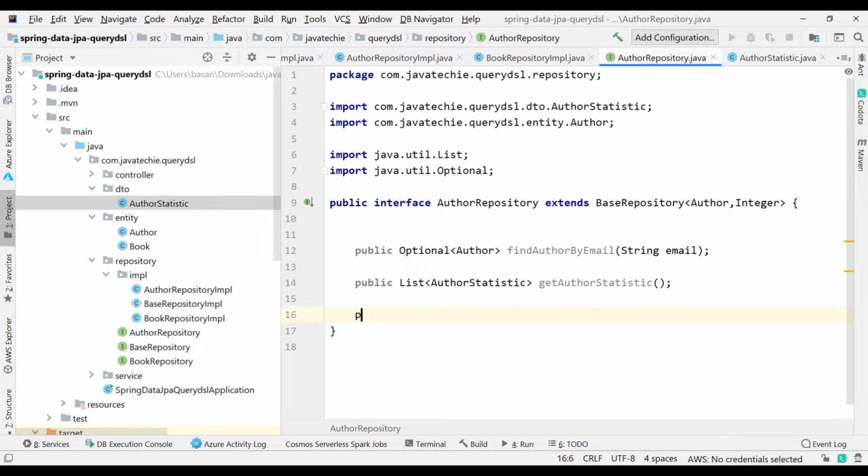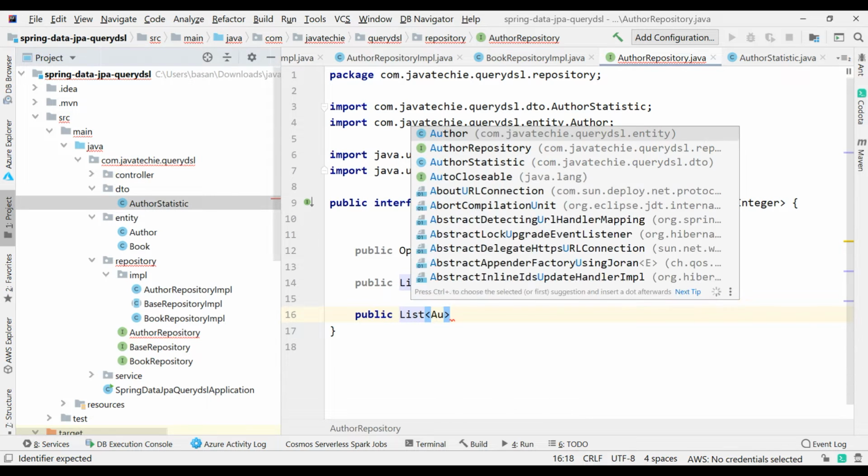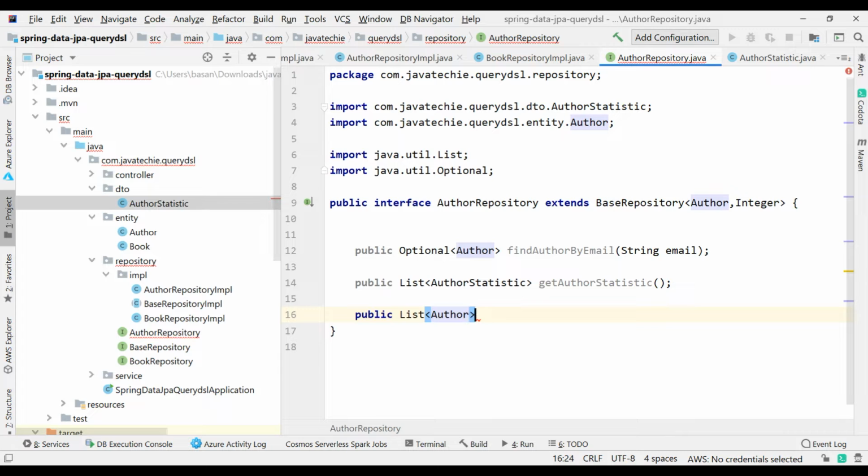I'll write it so that I can show you how we can achieve that using this Query DSL. So I'll just return list of author, get author, something like that. Okay. Fine. Now these are the three methods we wrote in our author repository interface.